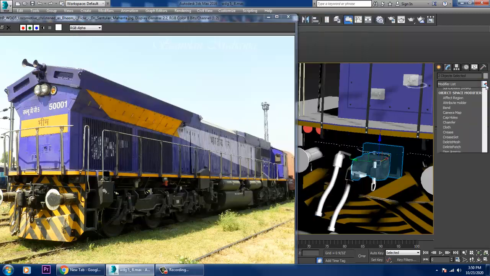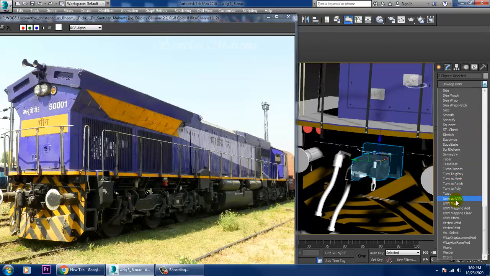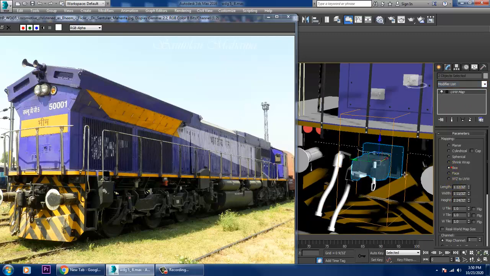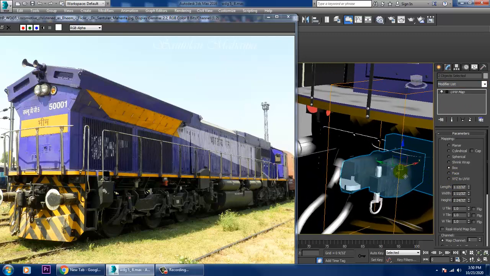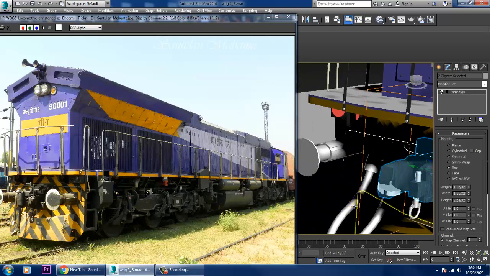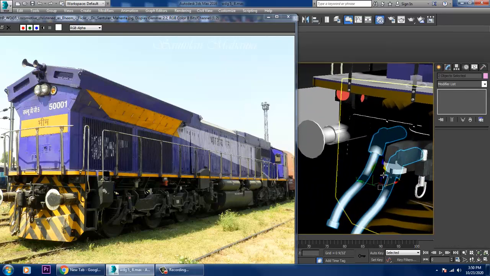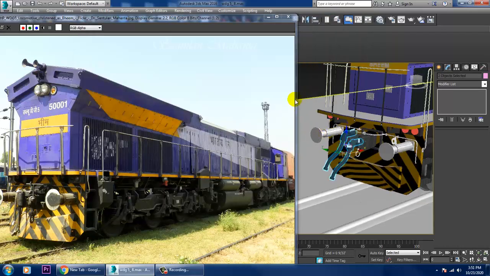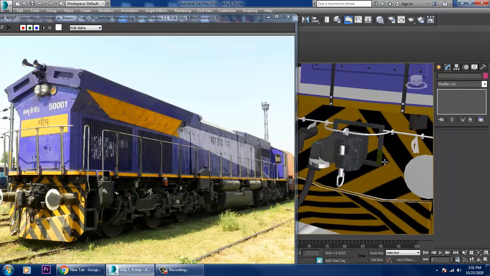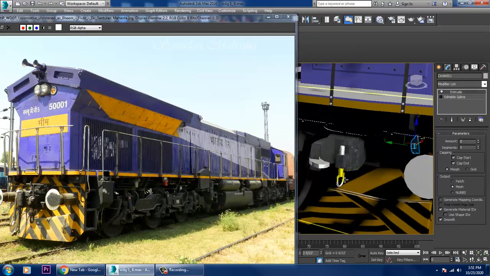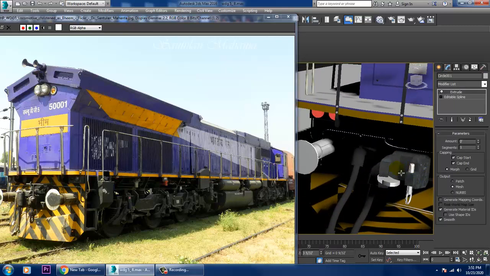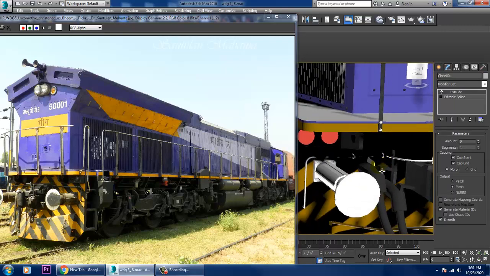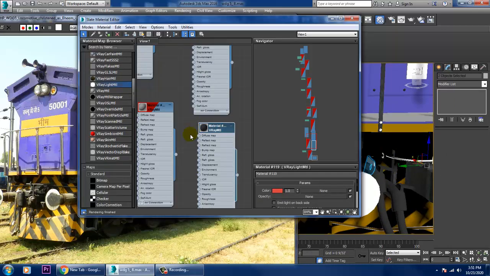So let's go into this, give a UVW map and set it as a box. For this and this we'll again give the same color material, for this and this give the same color material.